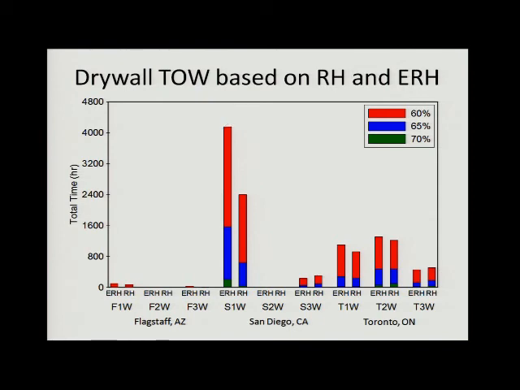And the final point I want to make about this picture is to look at the overall scale on the y-axis. Those of you who know Scott Kelly, this S1W is his graduate student office. It's exceeding thresholds for time of wetness. We have to be a little bit careful because there's probably not a direct association between water activity and equilibrium relative humidity. But ignoring that for a second, it's about half the year. It's exceeding some pretty high thresholds on equilibrium relative humidity. So these are big numbers. Even small numbers represent, you know, hundreds of hours in some cases that things are staying wet.